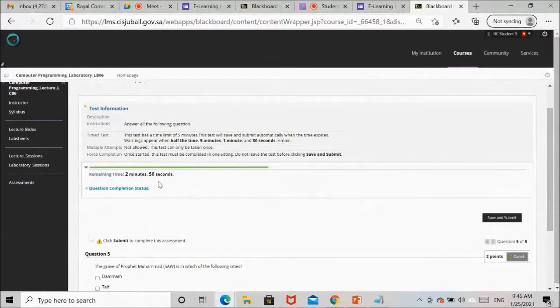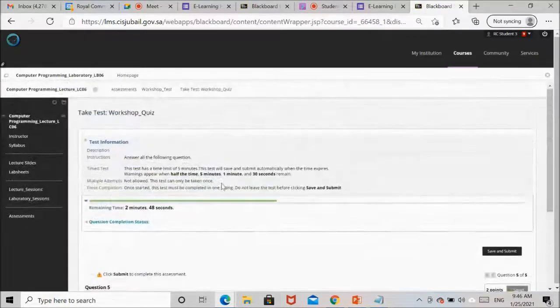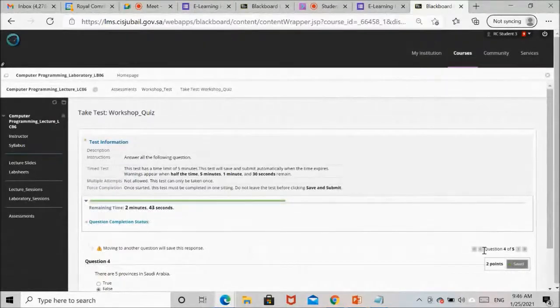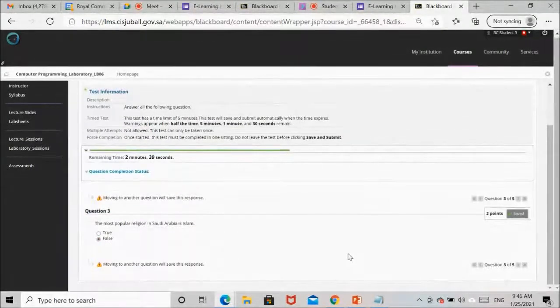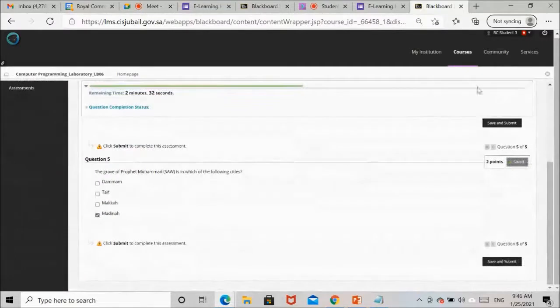And look at it. The time is counting down. Even though you finish, you still have about 3 minutes. If you like, you can look at the questions carefully. All right. You can go back. See, you click on this. You can go back to all the questions and see them. If your questions are okay, you can flip through. But if you're satisfied with all your questions, you can go to the last question and say save